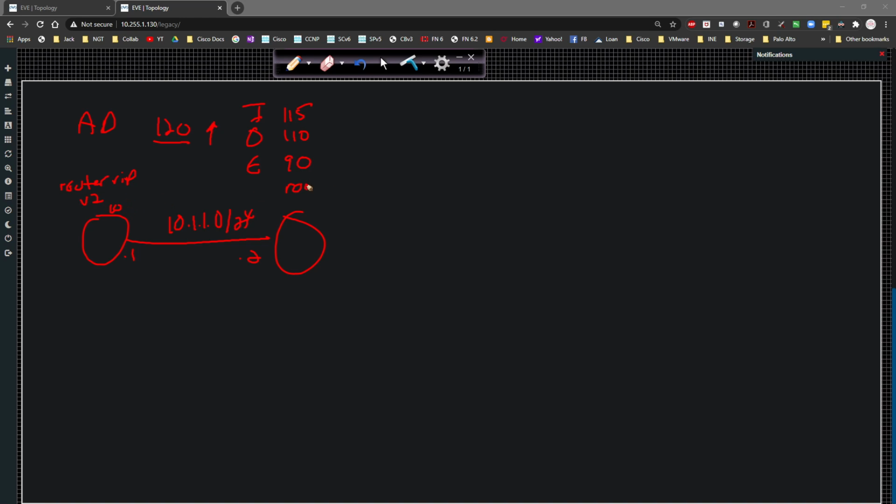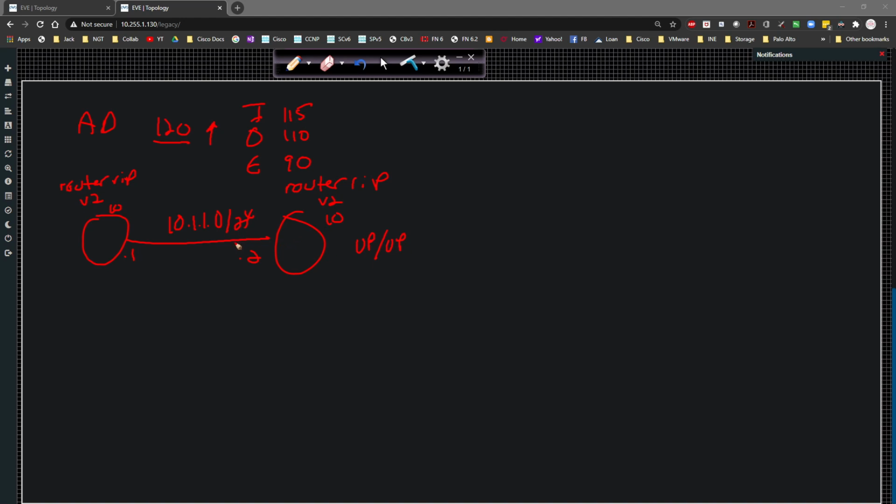Do the same thing over here, router rip, version 2, and then you say network 10, so just type in 10.0.0.0. That's all you have to do. What that's going to do is the RIP process will look for any interfaces that are enabled, so in the up